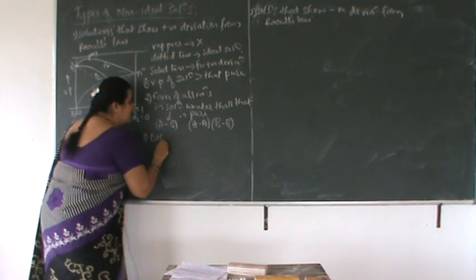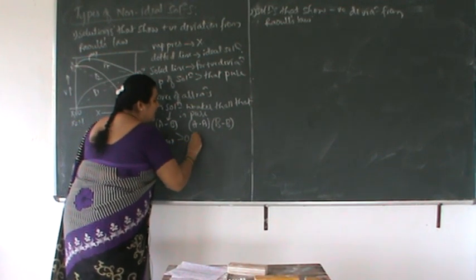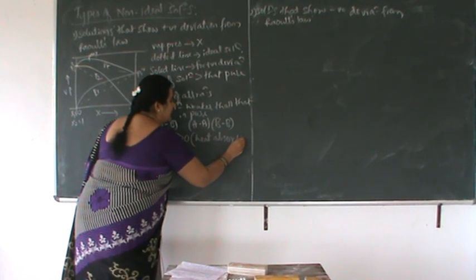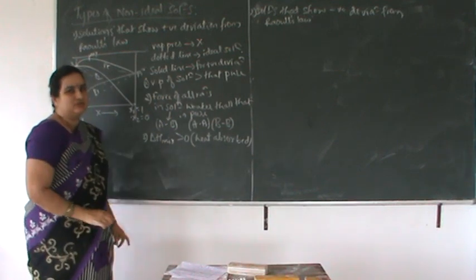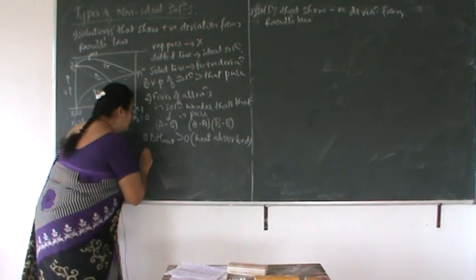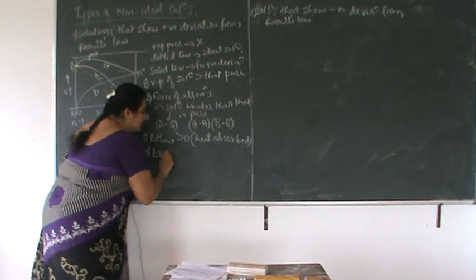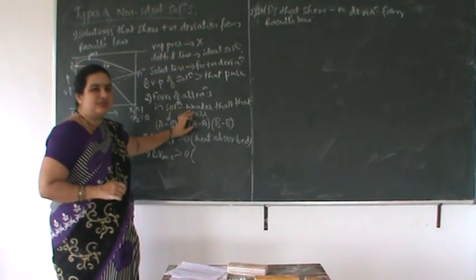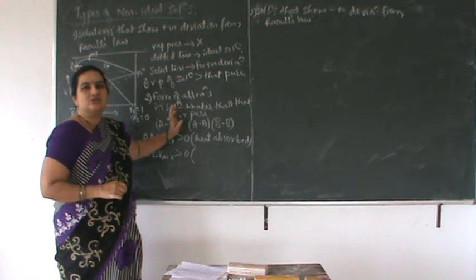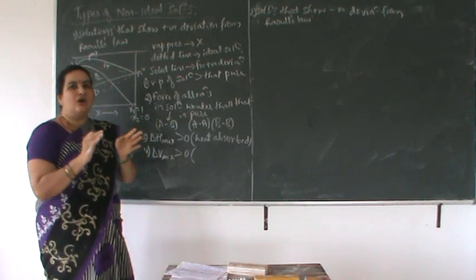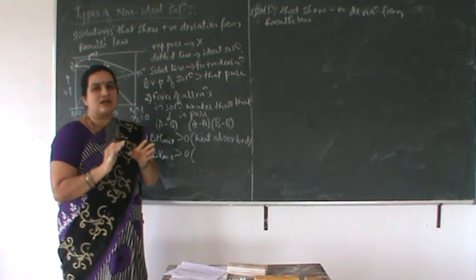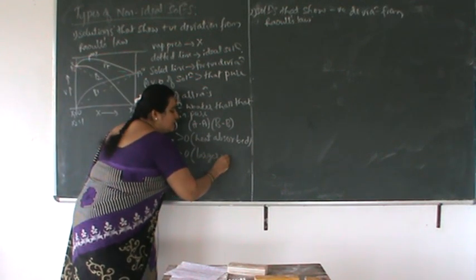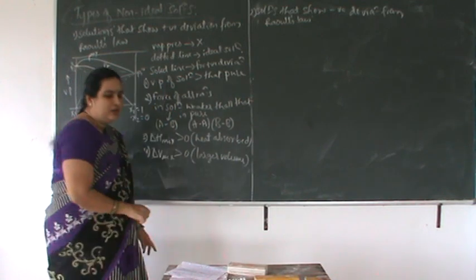Delta H mixing is greater than 0. That is, heat is absorbed during mixing. Next point, delta V mixing is also greater than 0, because as the molecules have weaker force of attraction in the solution, they are more loosely held, more distant from each other, and occupy a larger volume after mixing.